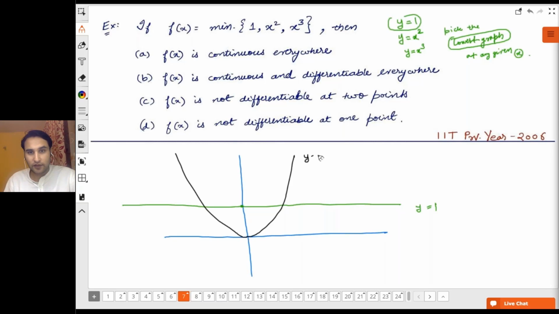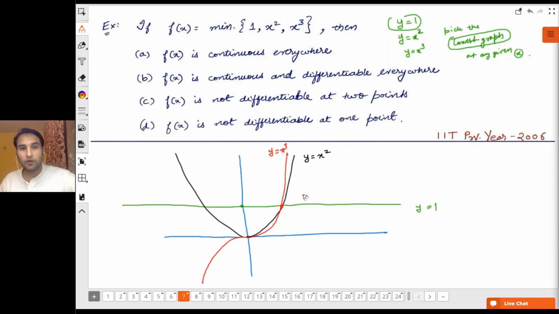Again, we know this. Now let me plot the graph of y is equal to x cube. Remember, x cube will be lower and then higher. Sort of here lower, after that higher, intersecting at 1, and then it will go like this. So this is y is equal to x cube,